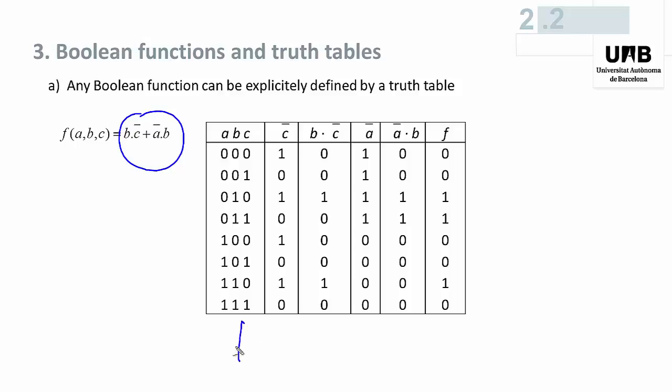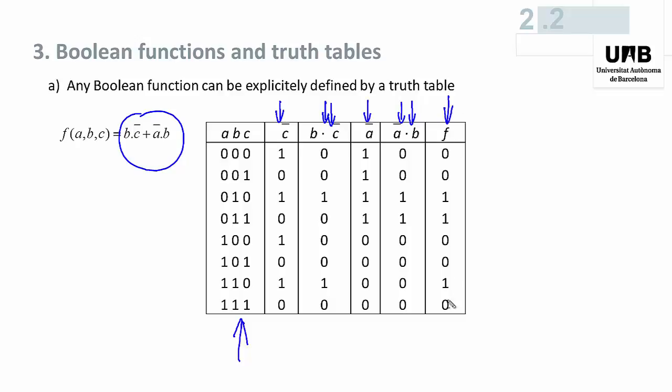Consider all the combinations of values of A, B, and C, and successively compute not C, B times not C, not A times B, finally the sum of B times not C and not A times B,